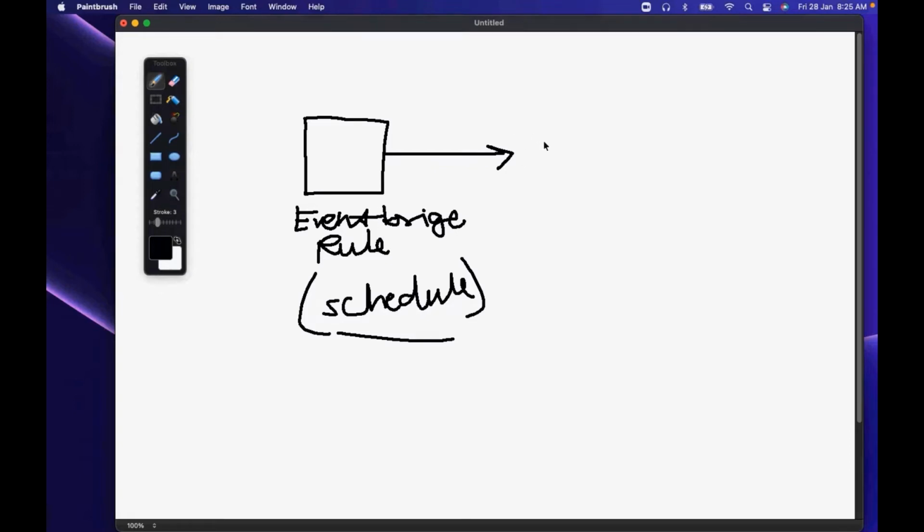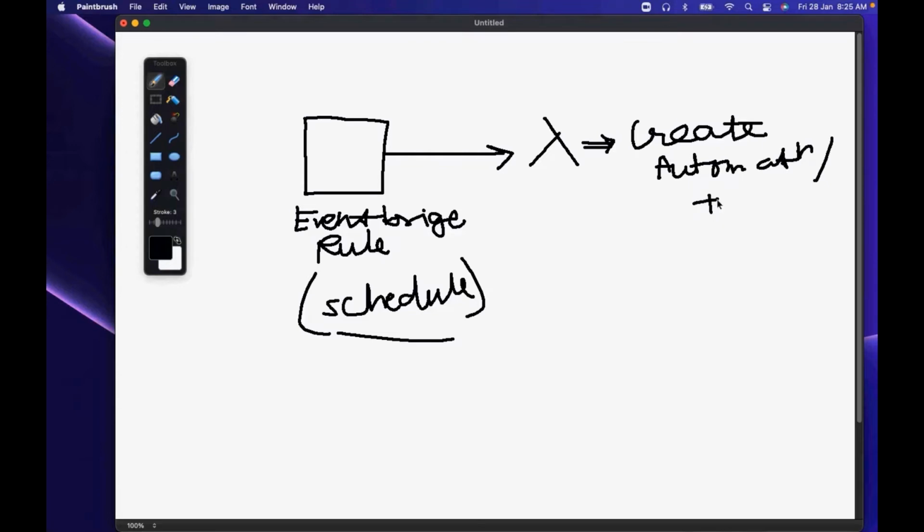But currently we'll be using an AWS Lambda function. The job of this Lambda function is to create automations, or tasks. This is just a simple example.